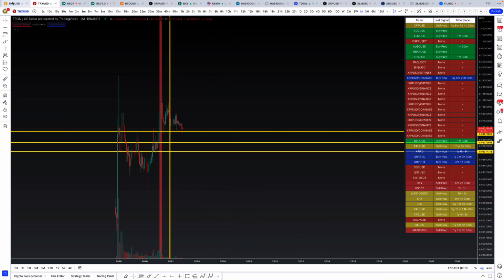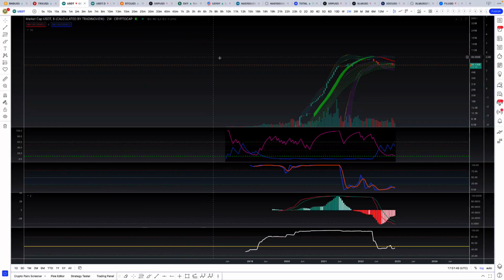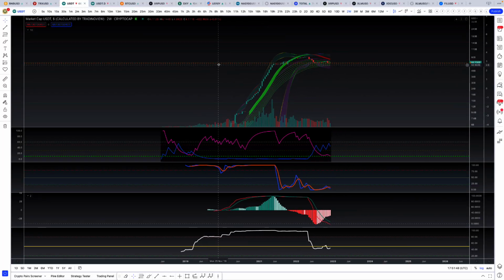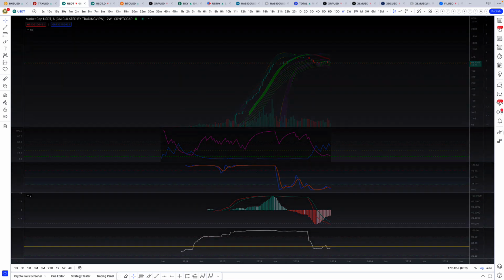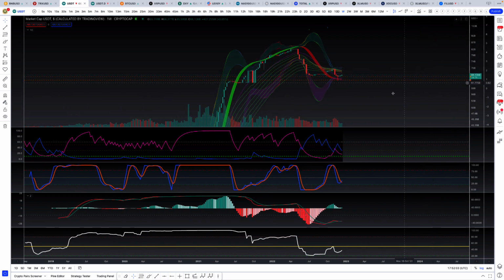I do think the setup on Binance is much clearer though. As far as we know, we're at a level, we see the clear price action at that level, the moving average at that level, we see the void lines at that level, definitely clear. As far as Tether goes, if we want to gauge if there's going to be a Tether Black Swan event, we can look at the dominance chart and we can look at the market cap. So what I'd be looking for to gauge if we're going to see something like that is if